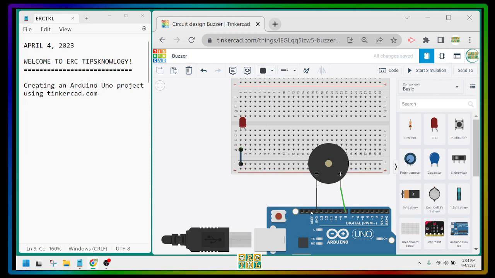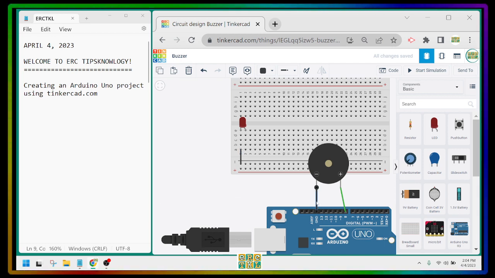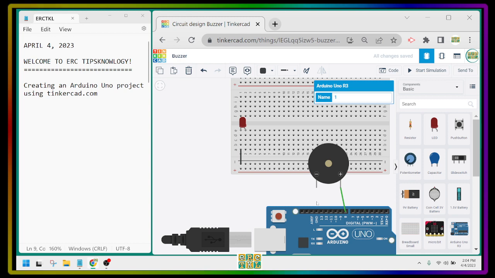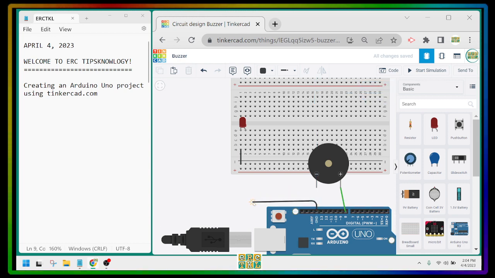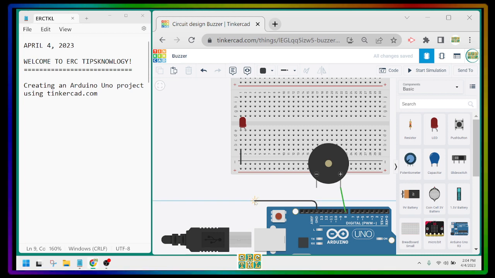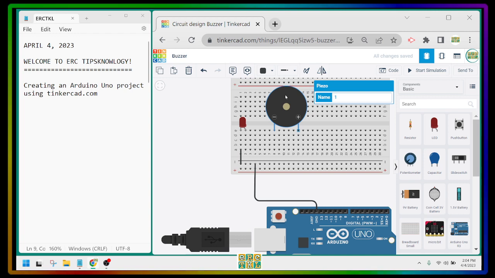And we remove this ground of the buzzer, and instead put the negative on the negative row of the breadboard. And then the digital 8, we will put it there later. I'll just put this also on the breadboard on E8 and